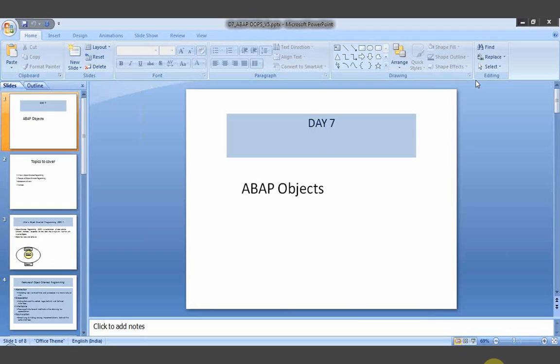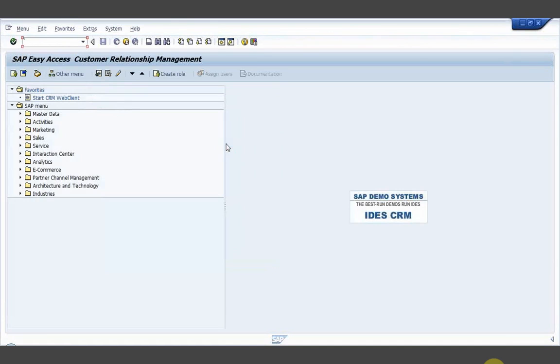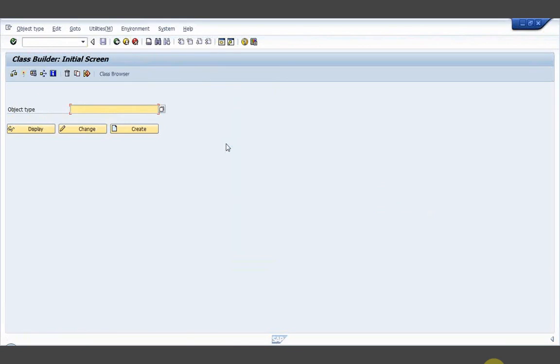I am trying to log in to the system. See, test. So I went to the transaction SE24,